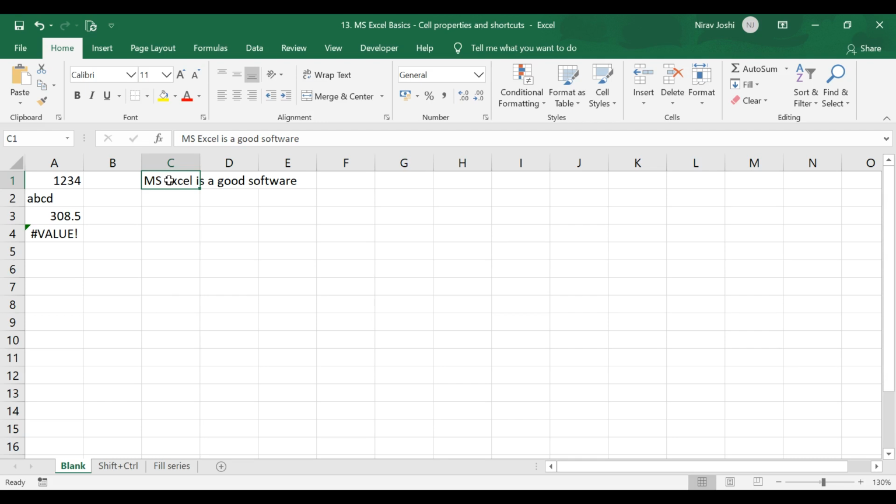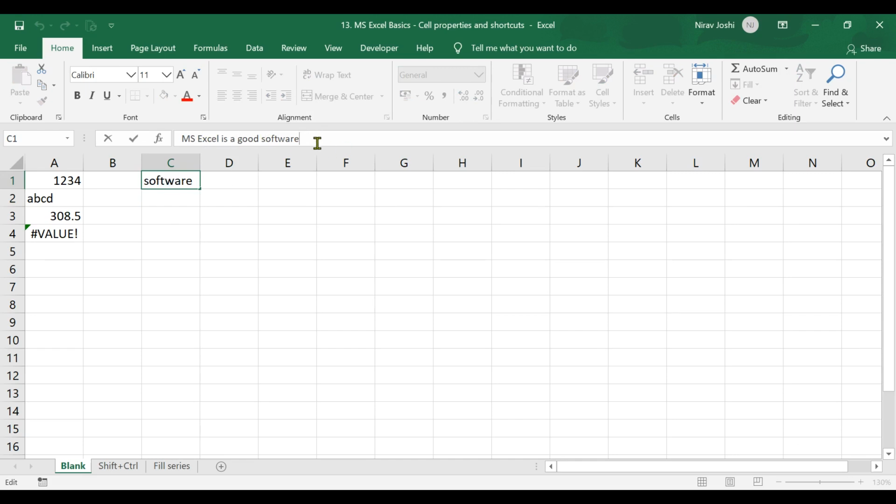Suppose I have entered this kind of text in a cell and I want to edit that data. For that I need to double click on the cell to go into edit mode. Another way to enter edit mode is to go into the formula bar and place the cursor where you want to edit.